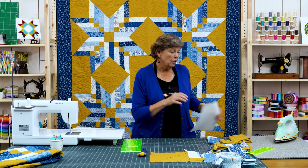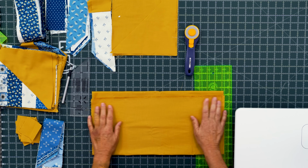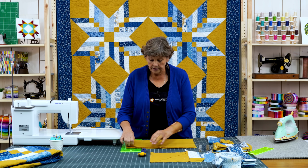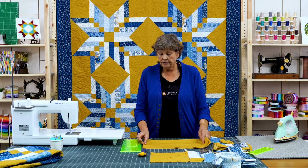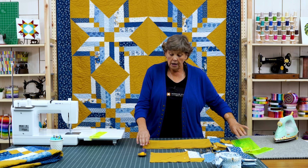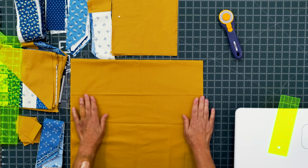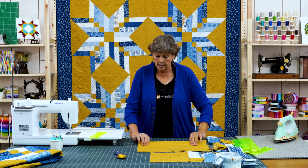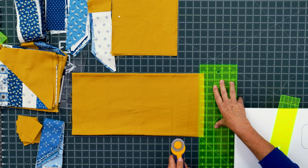So the first thing we're going to do is take our background fabric, and again, we've used this harvest gold color with this line. I just think it's stunning, and we are going to make some cuts on it. Now you're going to have a lot more of it than I have of this little piece, but the first thing we want to do is cut some 8 1/2 inch squares, and so you're going to cut a strip like this. Now I like to cut folded double like this so that it's nice and straight, my ends match up, and I fold it in half again. I make sure it's lined up across the top, and then I'm going to come over here and get a clean edge right here, clean up my edge,